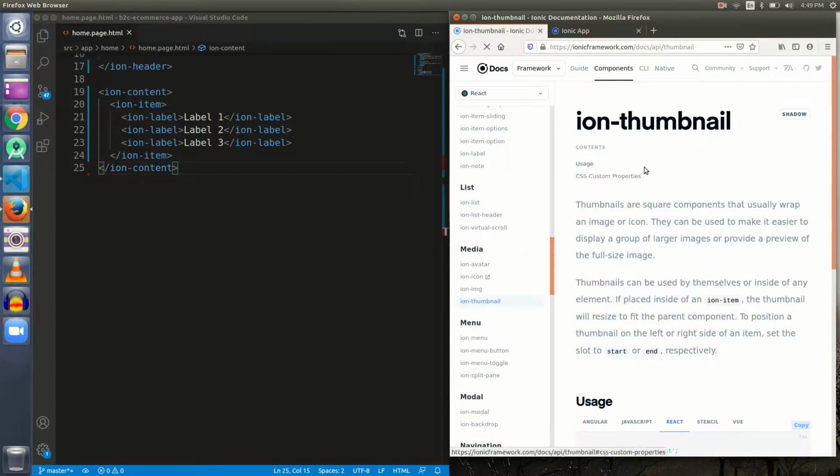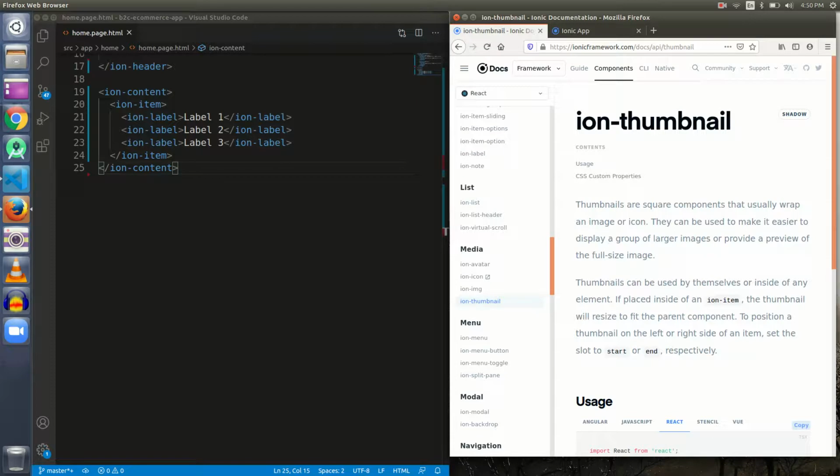Let me click here. Thumbnails are square components that usually wrap an image or icon. They can be used to make it easier to display a group.